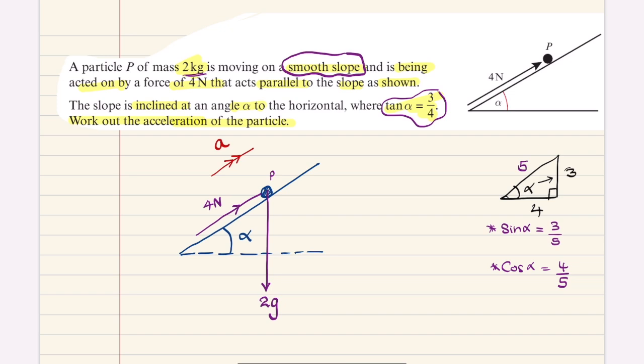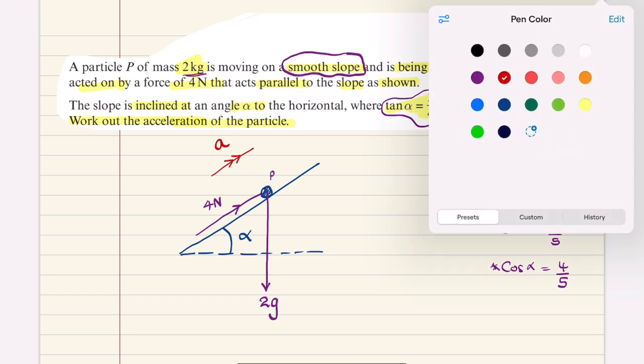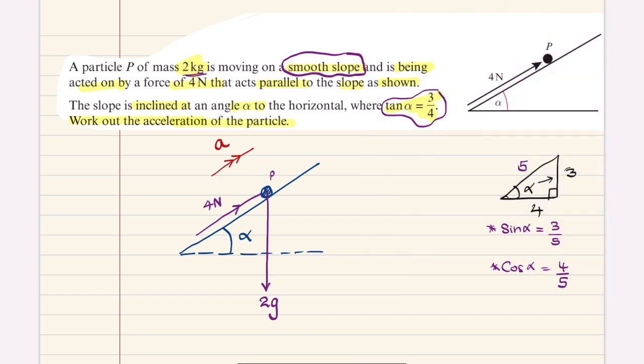Now, we still didn't complete our force diagram fully. So there are some other forces that we need to mark. They are going to be the normal reaction to the particle, normal reaction to the floor. So if you look carefully, this particle is resting on an inclined plane. Because there is a contact, there will be a normal reaction from the plane on the particle. So I would draw a dotted line,